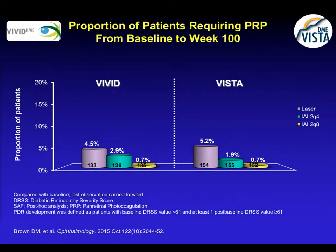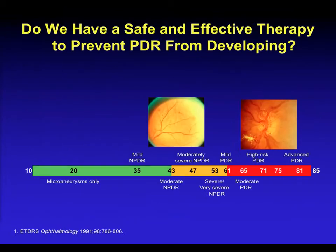From VIVID and VISTA, looking at the proportion of patients that require PRP from baseline to about week 100. And you can see that the sham groups are in gray, and the 2 aflibercept groups, so Eylea groups, are in green and yellow. And their rates of requiring panretinal photocoagulation in this trial were significantly reduced with aflibercept compared with sham. So I think we've answered the question of really, do we have a safe and effective therapy to prevent PDR from developing? But the answers to some questions raise more questions,